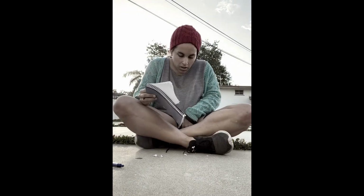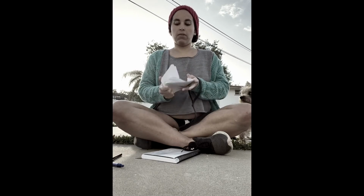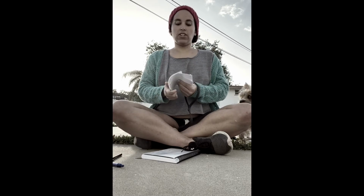Okay, so I did 33 cards and I'm just going to read them to you, so you can tap into my psyche and what the energy is in my psyche. I just let whatever felt natural for me to write on these cards come out. I'm going to bend them so they're not sticking to each other, because when they get older, they're going to stick. So I wrote: